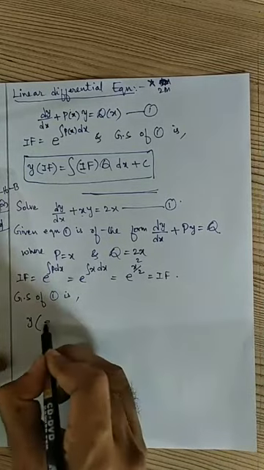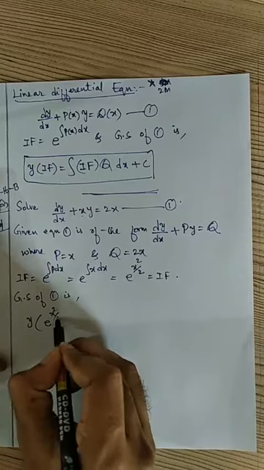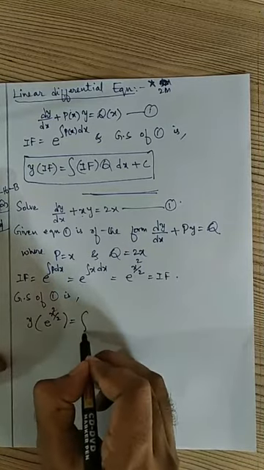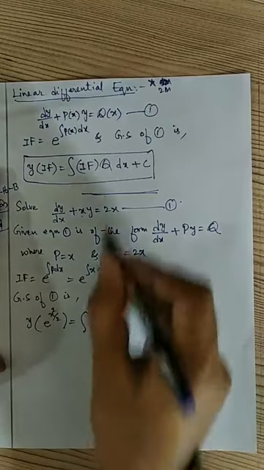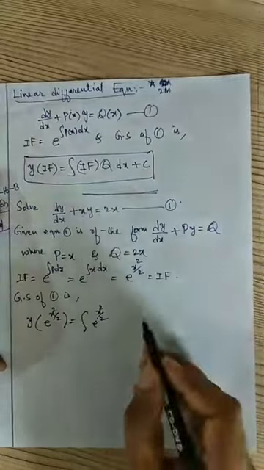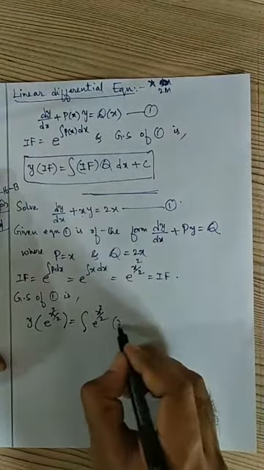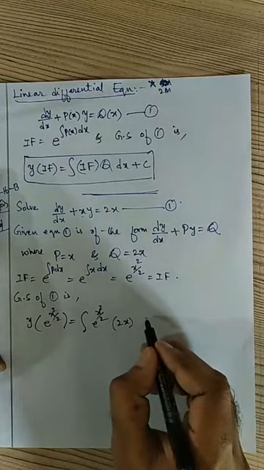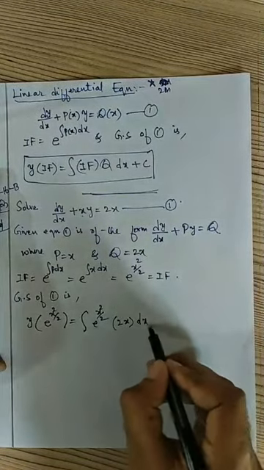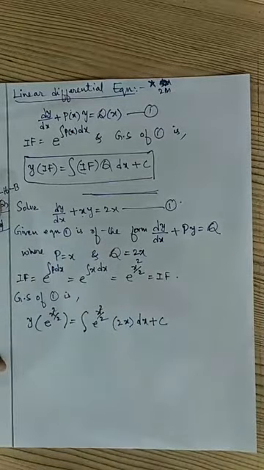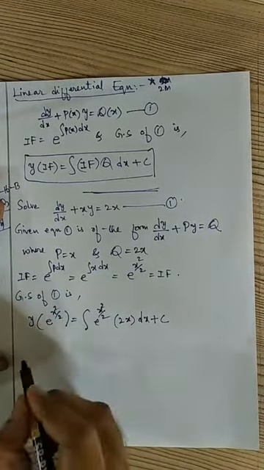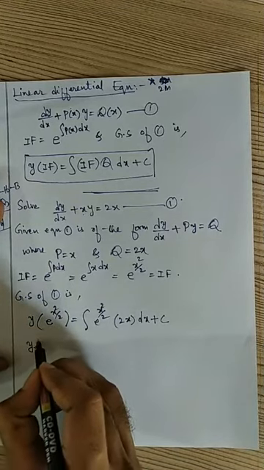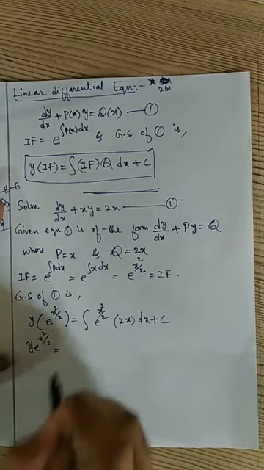Integrating factor is e power x square by 2, equal to integration of, again integrating factor, e power x square by 2 into q. Q is given by 2x, into dx plus c. We have to simplify this, means we have to find this integration, y into e power x square by 2 as it is, which is equal to,